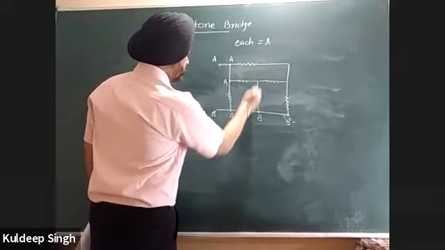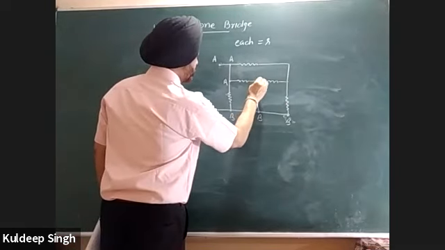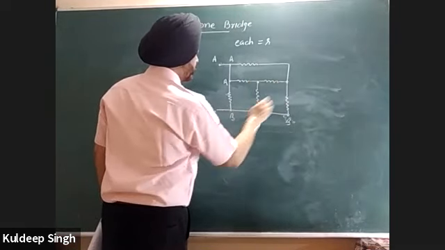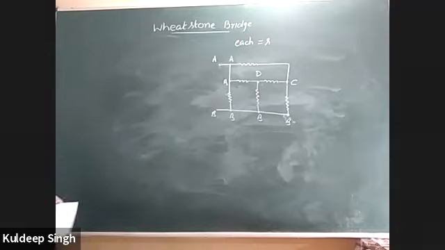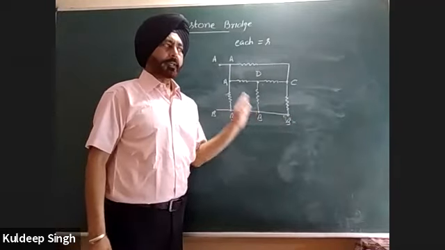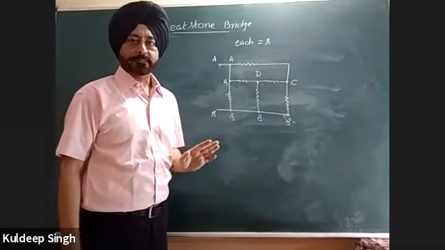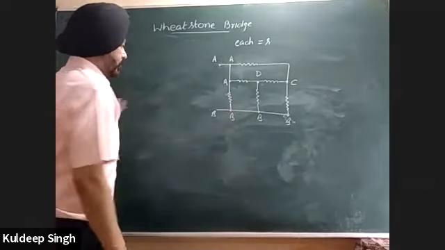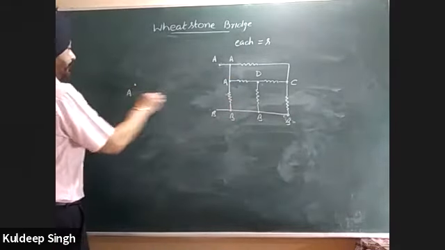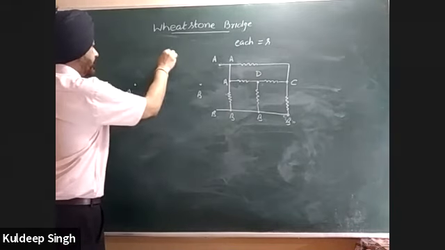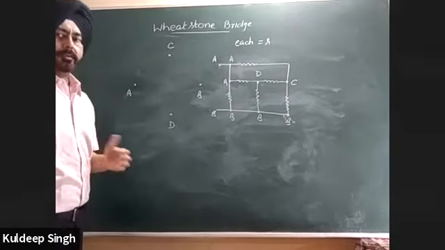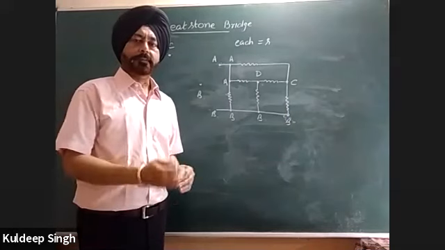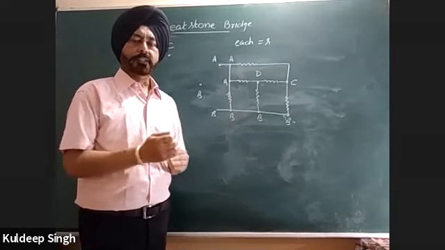And apart from this, I have one more resistance point here and here. Let us say this point is C and this point is D. So in total, there are 4 points to which all these resistances are connected. So I can think about Wheatstone bridge. So let us say this point is A, this point is B, this is C, and this is D. I have marked the 4 points, and the second step is to give numbers to the resistances.